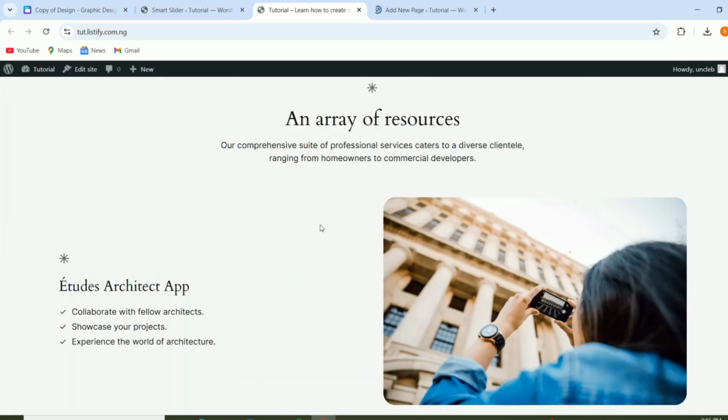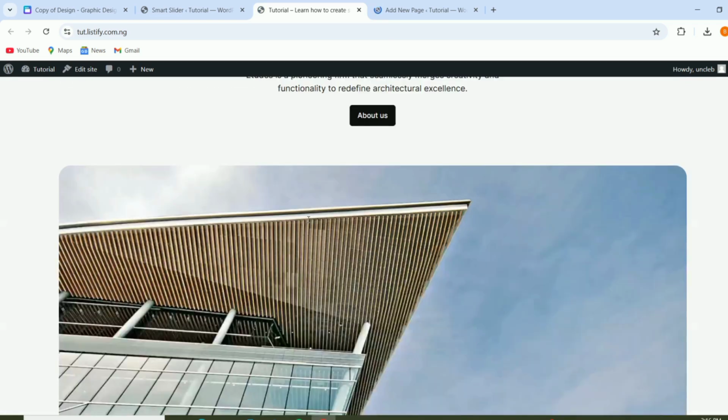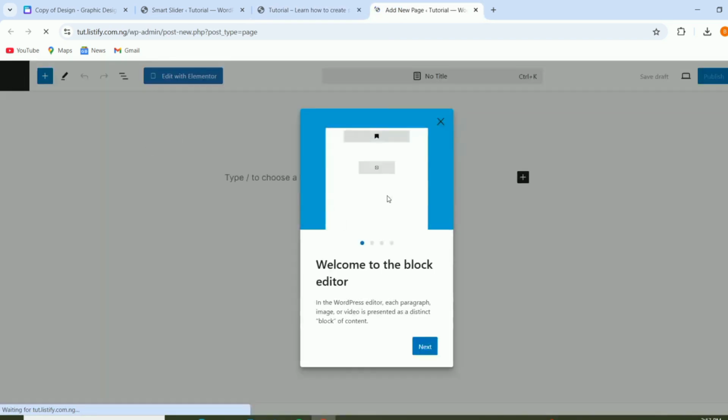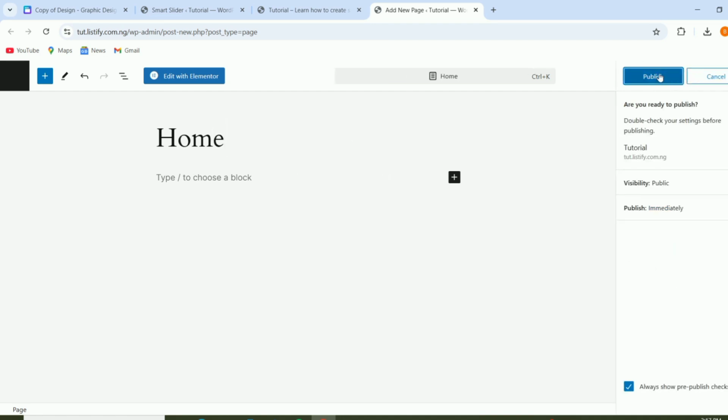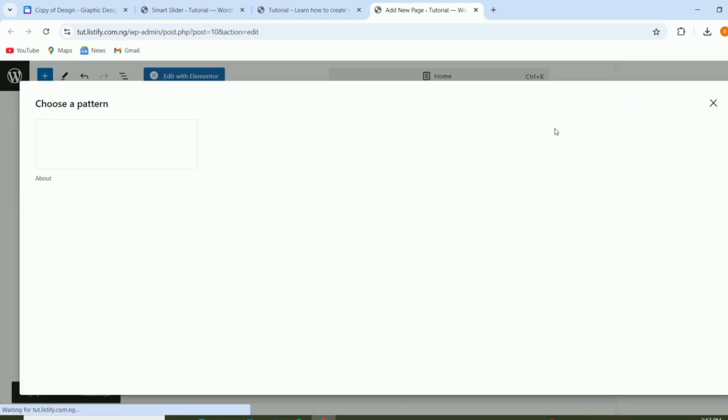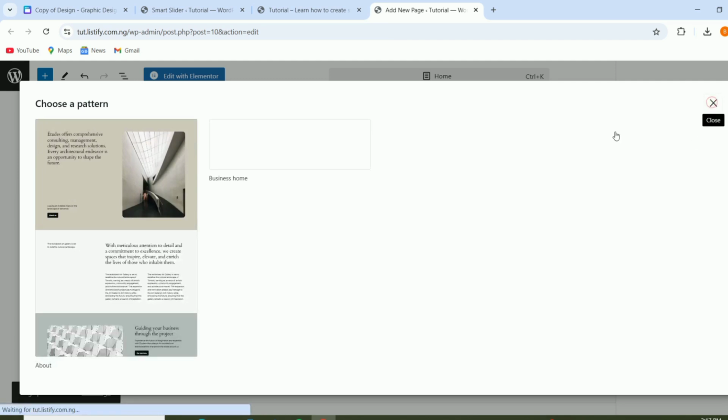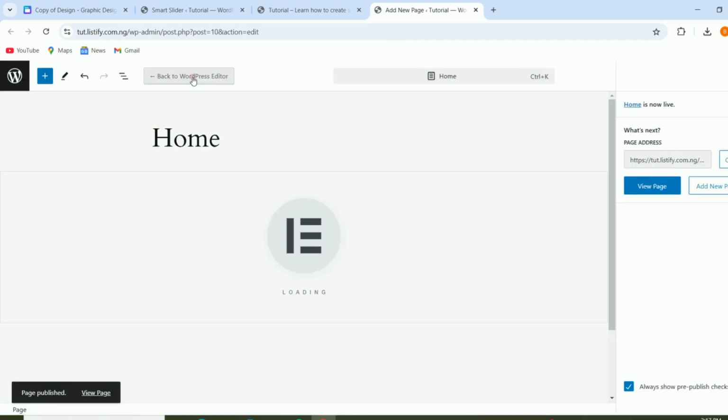So now we want to change the home page to something else. Alright, so if we create this new page and we give it the title of home, so come to this place, close this, say home, and once we've done that, we just go ahead and publish, and then we open it with Elementor. You can also use this as well, but Elementor gives you the opportunity to present it the way you want. So if you close this one and just open this page with Elementor,